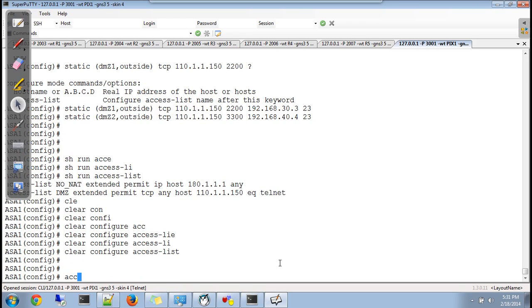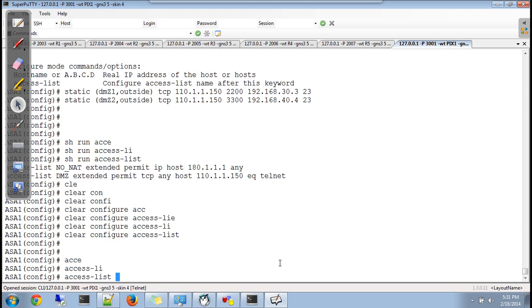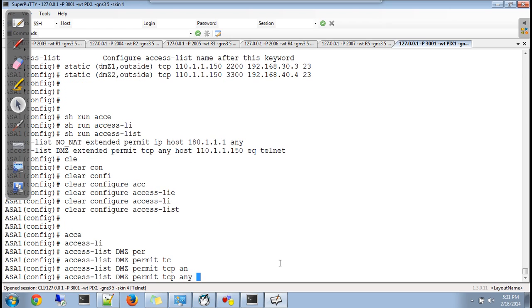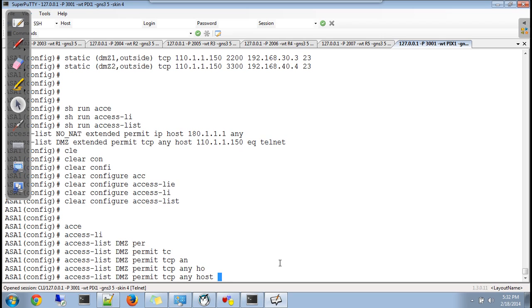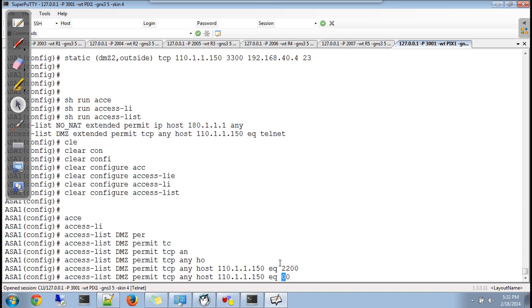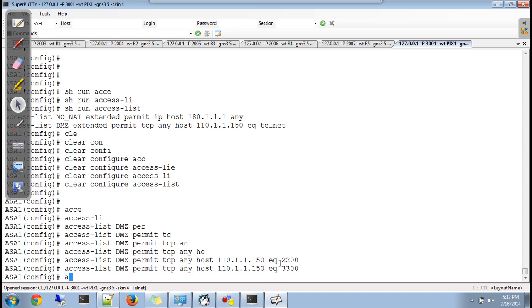I'll create the access list again, say DMZ, permit TCP any to my host 110.1.1.150 on port number 2200 or port number 3300. I think it's applied.